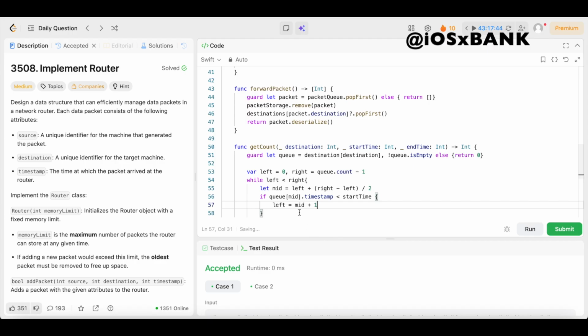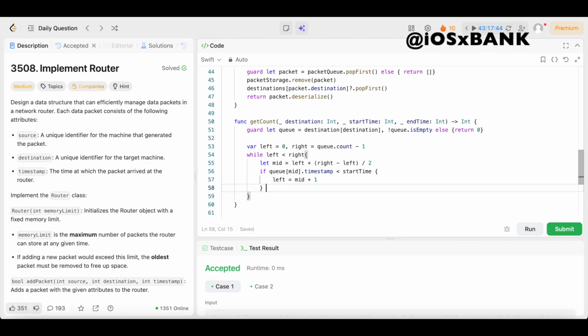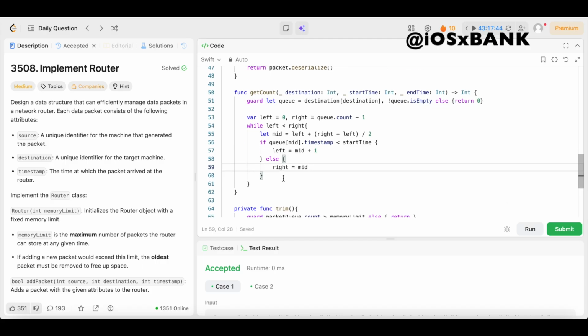Then we're going to come underneath this, and on this if, we're going to say else. We're going to open up the brackets, and we'll say right equals mid. Boom. And then if no packet is within range, we're going to return 0 by coming right here underneath the while loop. We're going to say guard q[left].timestamp